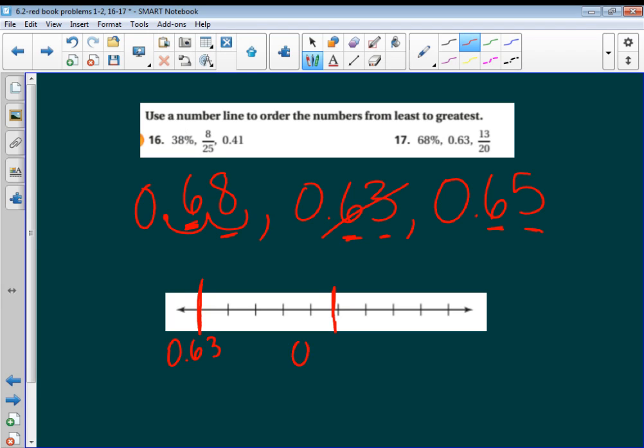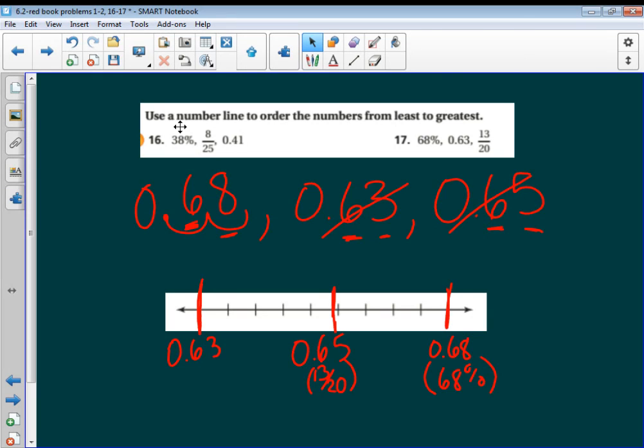So I put 0.65, and remember, that was 13 20ths. And my last point is my 68%, which I wrote in decimal point, 68 hundredths, 68%. All right, so that's what your homework should look like. Hopefully this